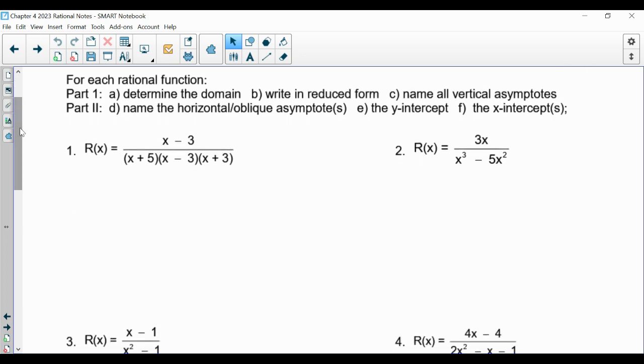So they want us to do all the stuff you guys did last week or last class. Once you determine the domain, write in reduced form, name all vertical asymptotes. Then part 2, name horizontal or oblique asymptotes, the y-intercept, and x-intercepts. So it's written in this order for a reason. You want to do these in this order every time. Okay. So here, determine the domain, we start with that